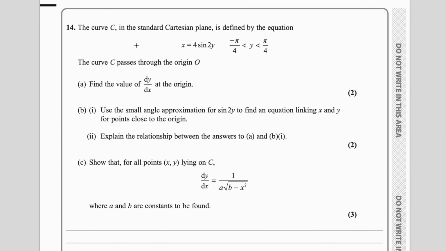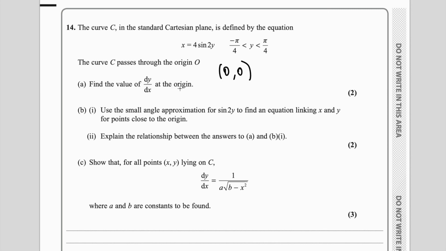Now, well done, guys. You've made it to the last question of the paper, question number 14. And in question number 14, we're given the curve C in the standard Cartesian plane. Don't be too scared by this. All this means is that it's on a y-x axis as opposed to, say, a polar coordinate one. And it's defined by the equation x equals 4 sin 2y. And this curve C passes through the origin, so it passes through the point with x coordinate 0 and y coordinate 0. And for part A, what we're asked to do is find the value of dy over dx at